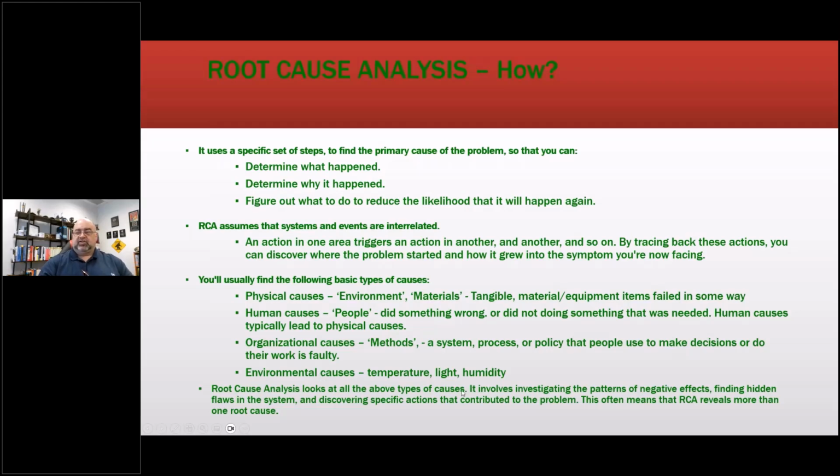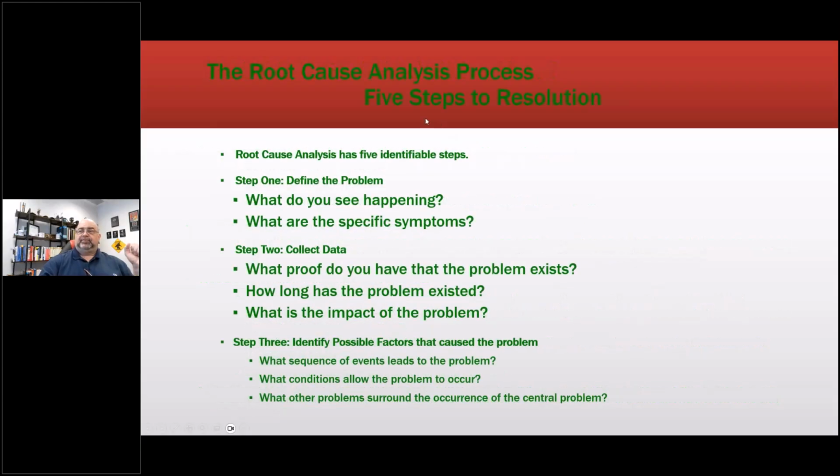Root cause analysis looks at all of these and involves investigation of patterns of negative effects, and discovering specific actions, what led to that defect. Because often it only takes one change to affect that entire chain. Okay, so